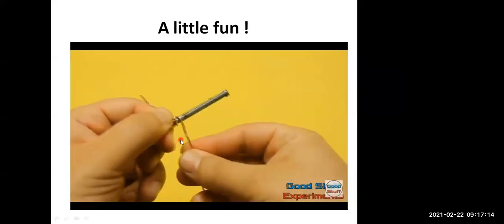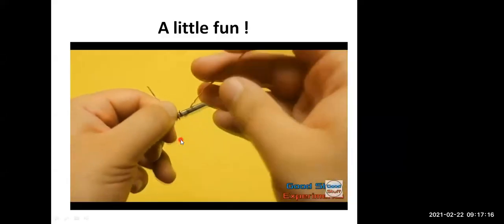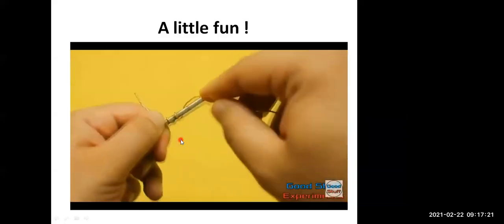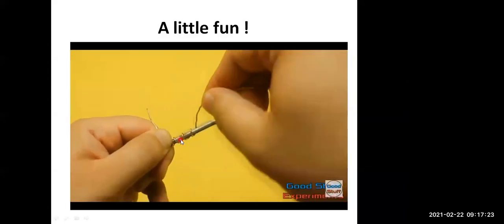See, greater the number of coilings, greater will be the magnetic field produced. Remember, greater the number of coilings, greater will be the magnetic field that will be produced.